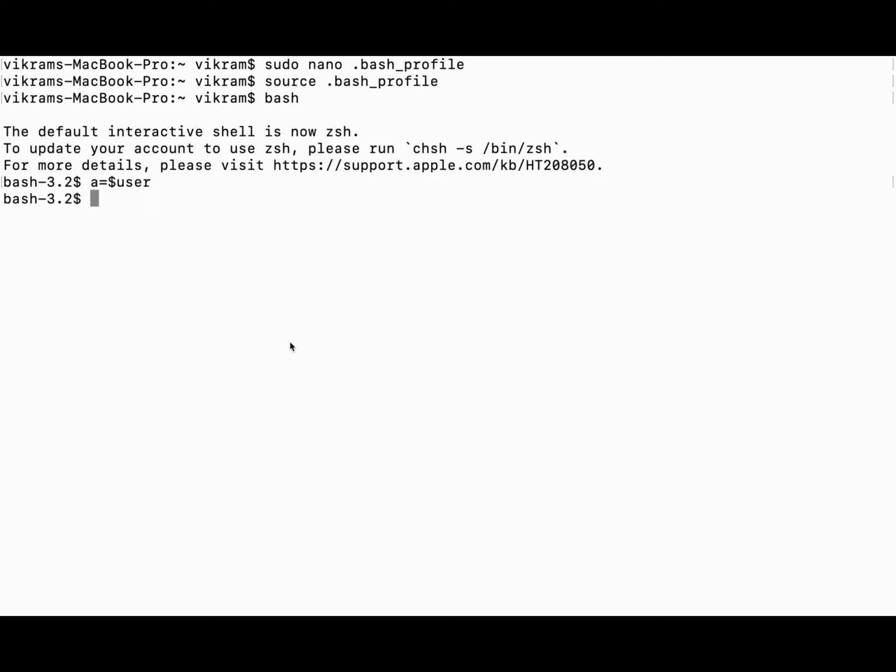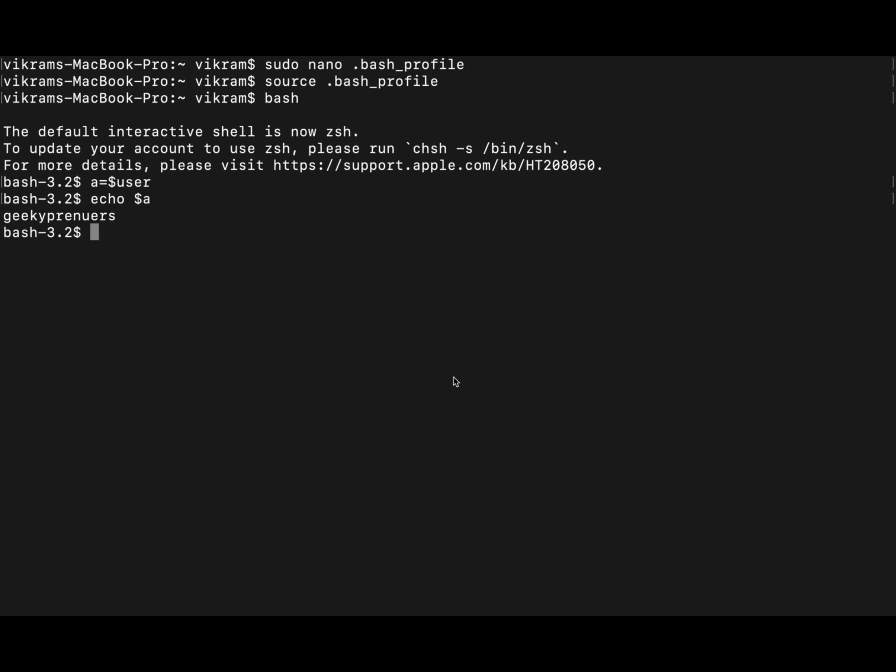And now for seeing the value that is in the variable a, I am typing echo $a. I include a dollar symbol here because as a is a variable, I have to include the dollar to print the value in it. I am pressing enter, and now see here, a is assigned the value geekypreneurs. By this method, you can assign the value of any variable in your bash script with those environmental variables you have created before, and can use them anywhere in your script instead of keeping sensitive information directly.